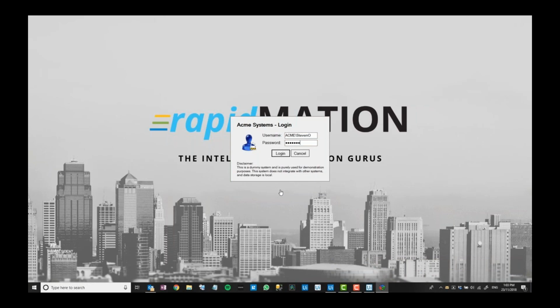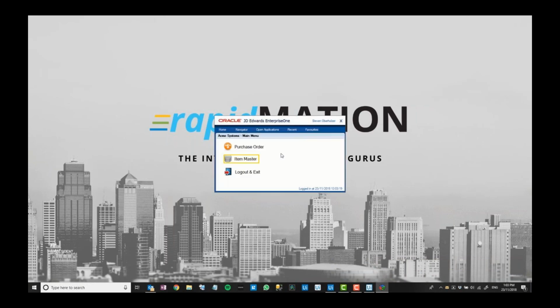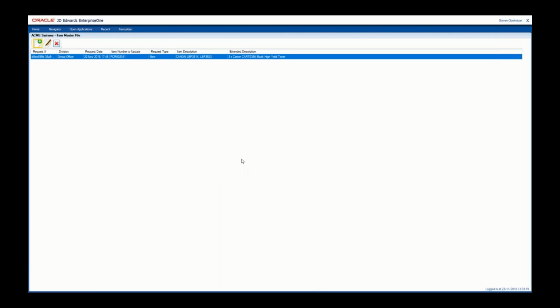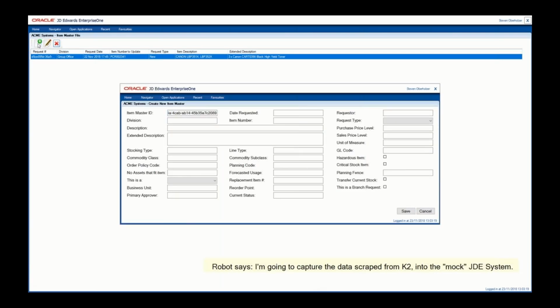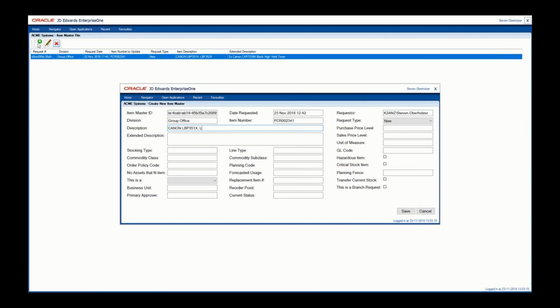And now it's logging into the JD Edwards system. So it already has all the details. It's going to click the new item master, and capture these details into JD Edwards. Again, it's picked up the details from the K2 smart form that's been approved by the humans, and it's going through now and capturing this